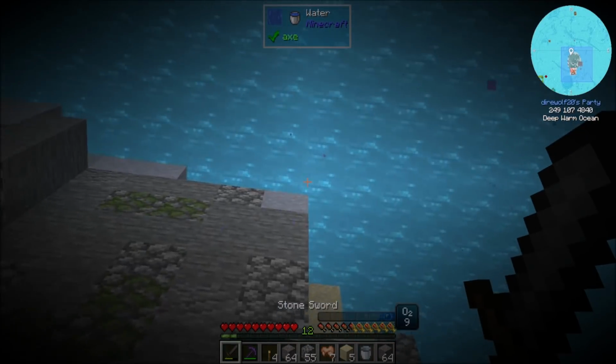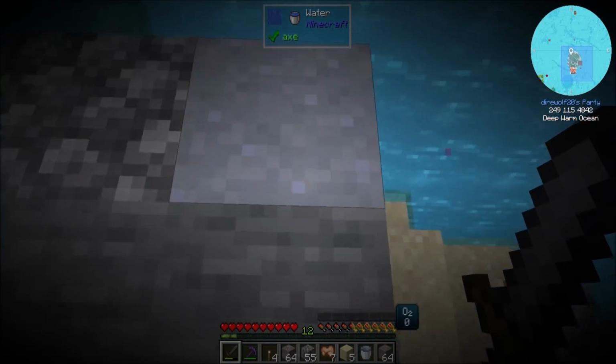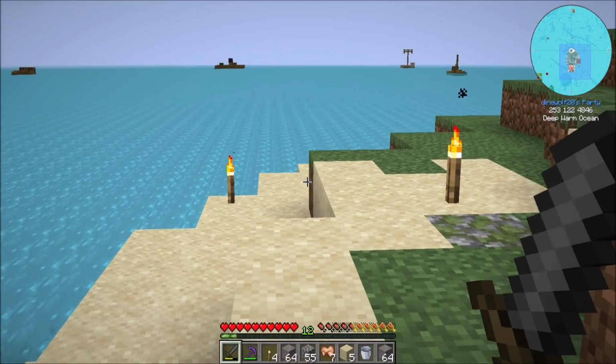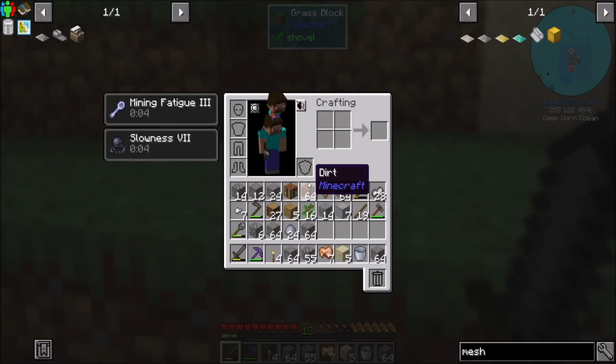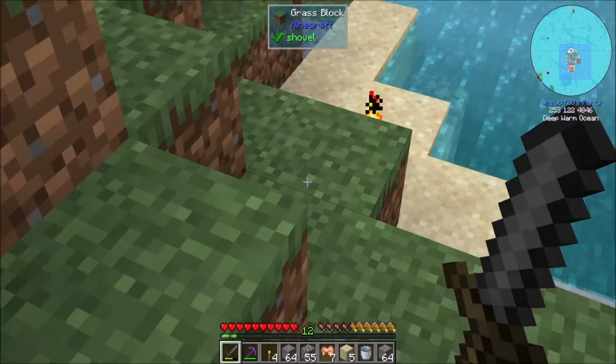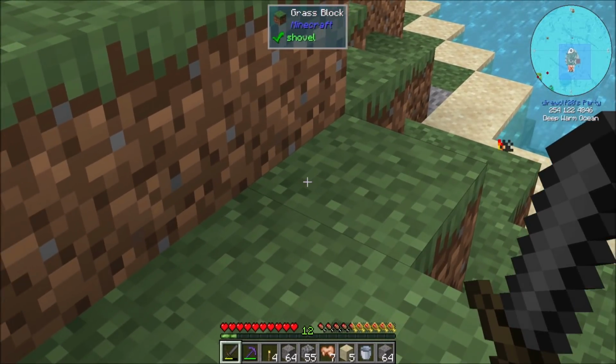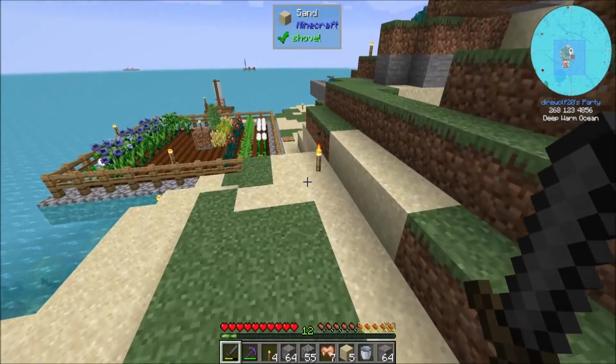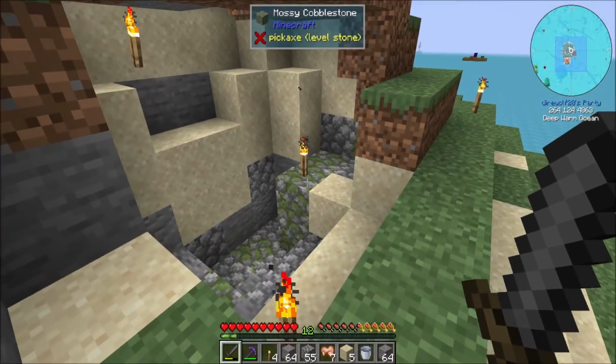Holy cow. My O2 measure is going really low. That was close. Alright, that's not happening. Yeah, my slowness is 7, and I don't think I can move right now. Yeah, that is not happening. So we've got to do, we'll